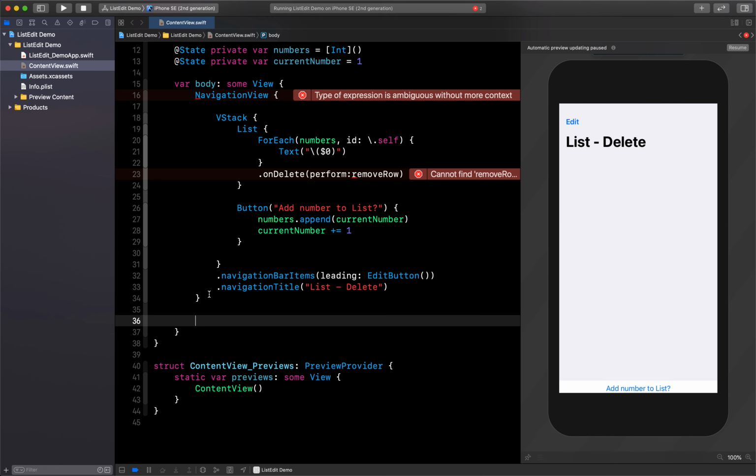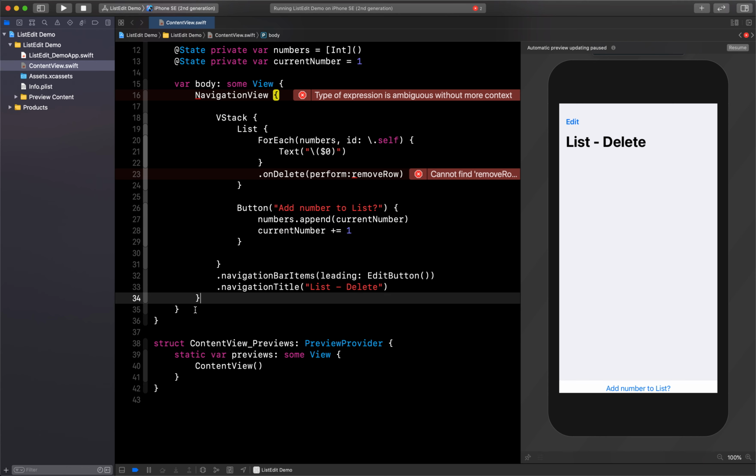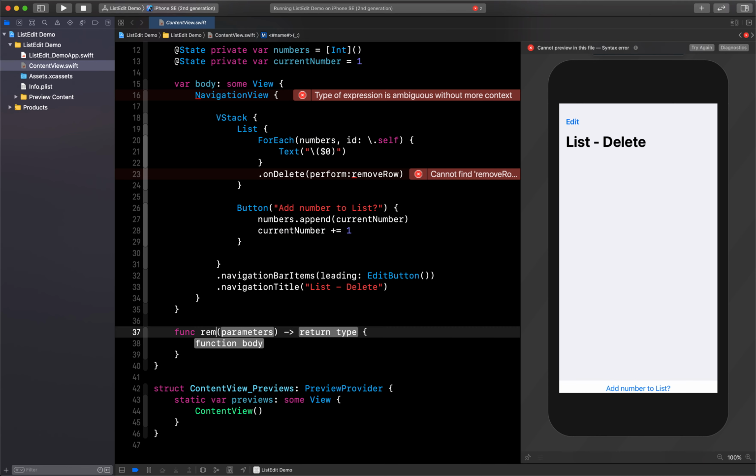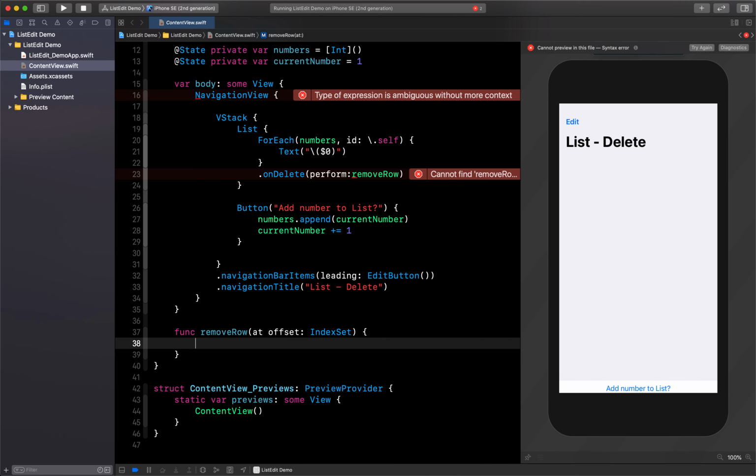Okay, so here I can add the code. Let's write our function, which is nothing but this name, remove row. We need to pass the offset, so I will declare the offset here. Offset will be of type index set, and we don't want to return anything, so remove that code.